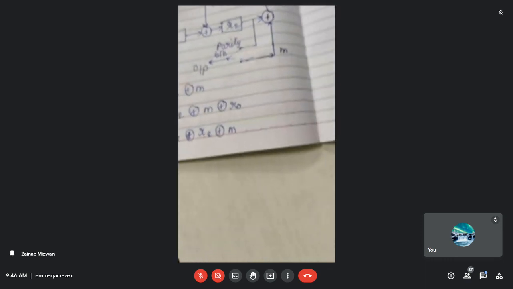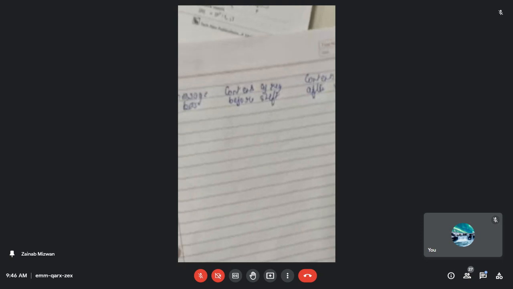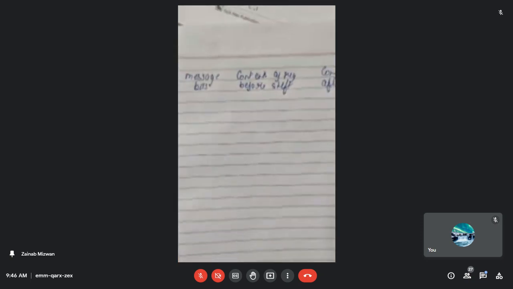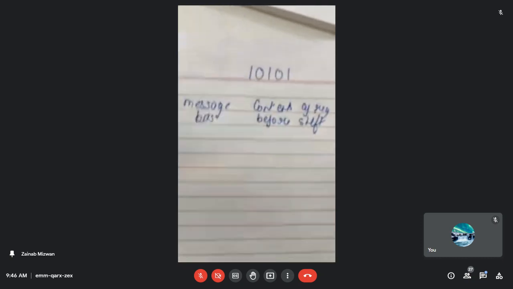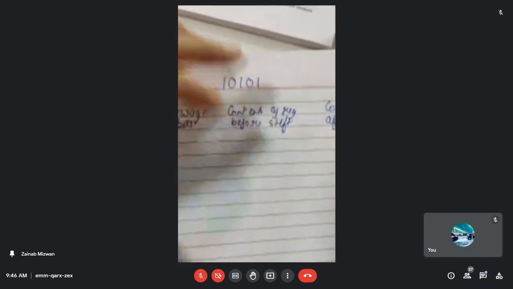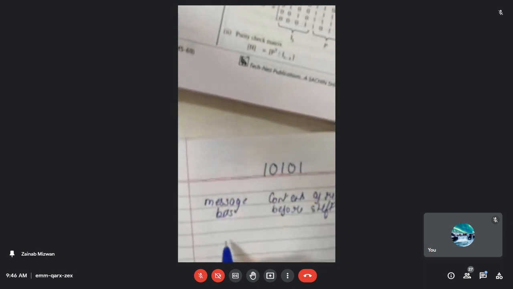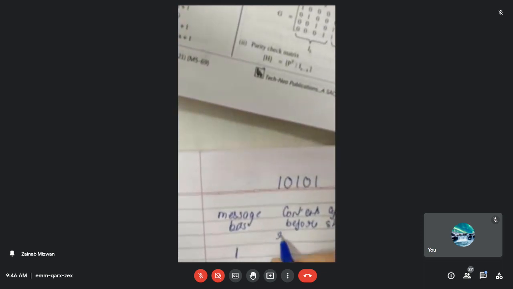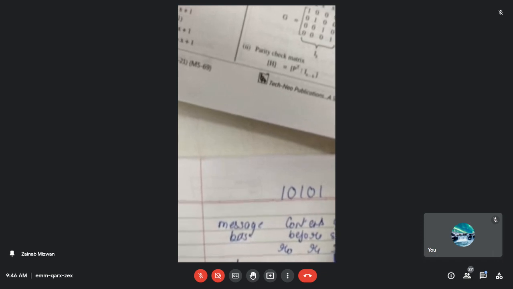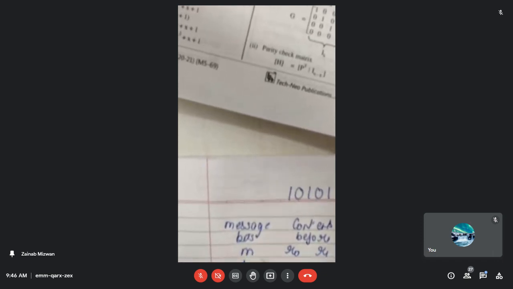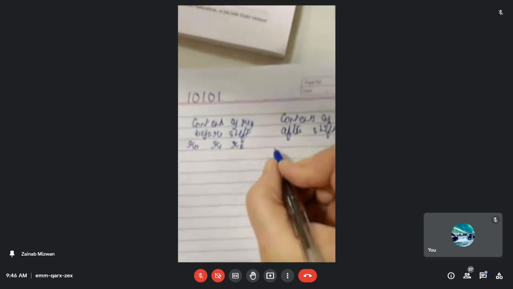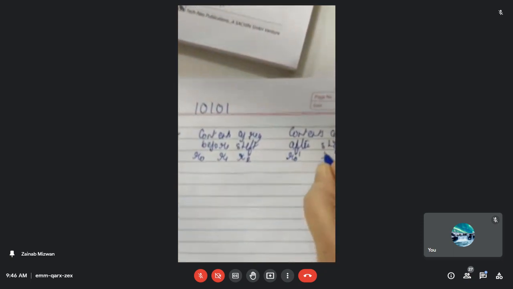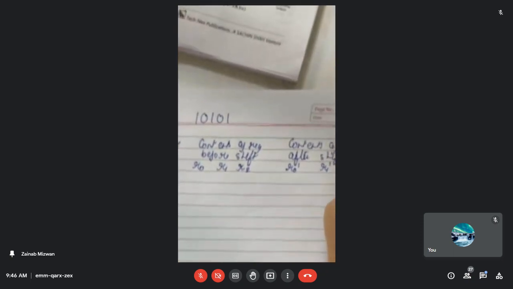Okay. So now we will draw the table. Once you draw the table, it will become very easy for you. What message bits are being given to us? The message is 10101, five bits. Before the first bit comes, I will write R0, R1 and R2 here, the message bit M, and here R0 dash, R1 dash and R2 dash.